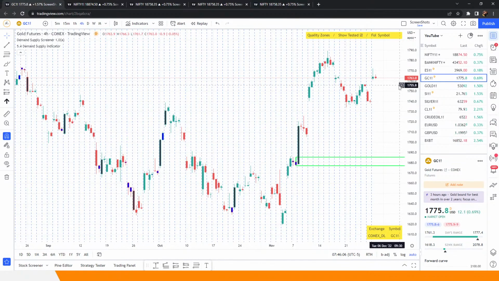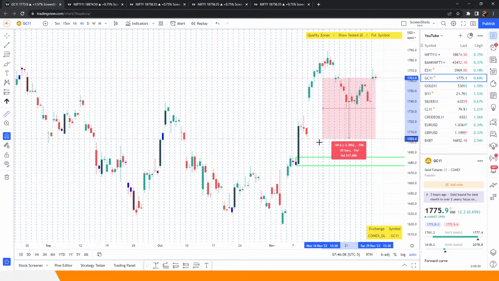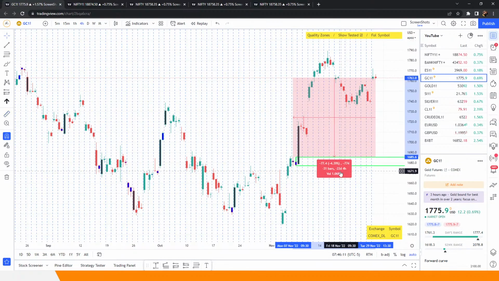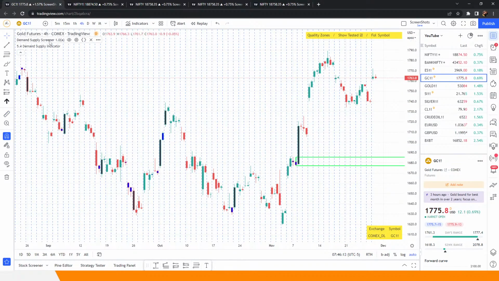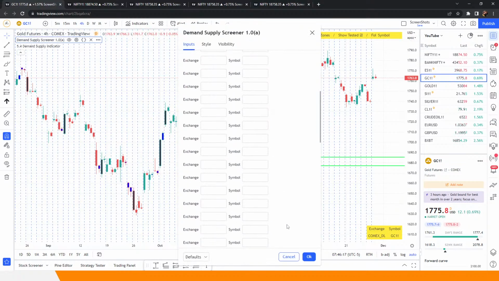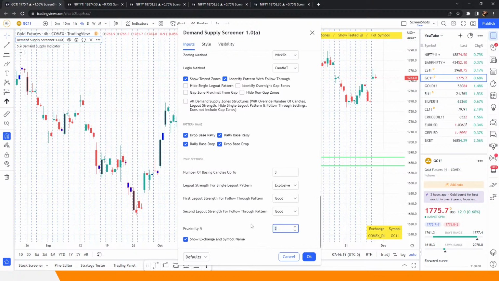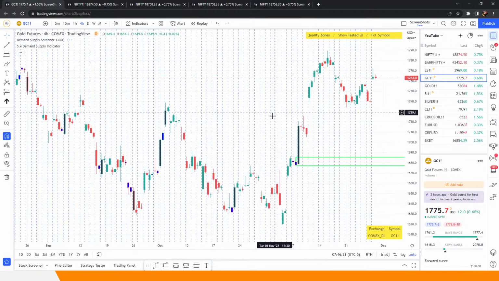So now here you can see we have a demand area, but this demand area, in terms of percentages, is around 4% away, right? So what I'll do is, and do we have GC? If I just change this so that I want up to 4%, in fact 5%, now it should also shortlist this for me, because now this demand area is within 5%. Can you see it's refreshing? Once it refreshes, it will,